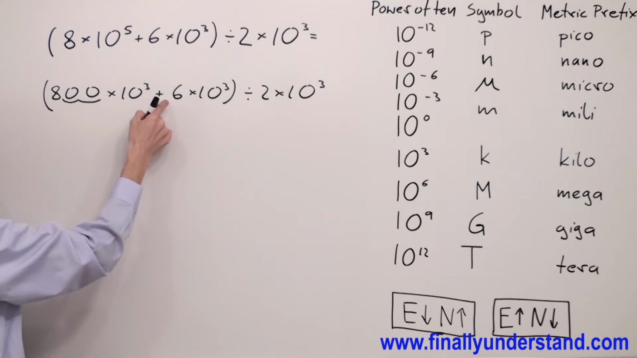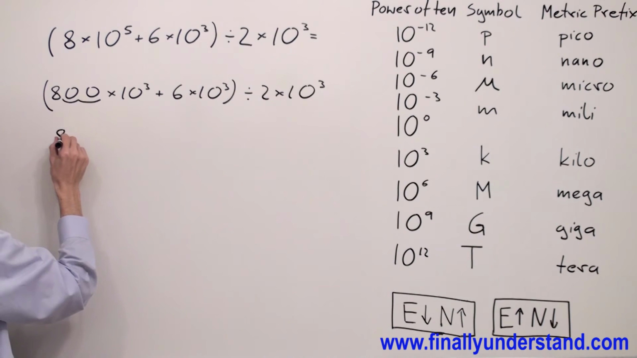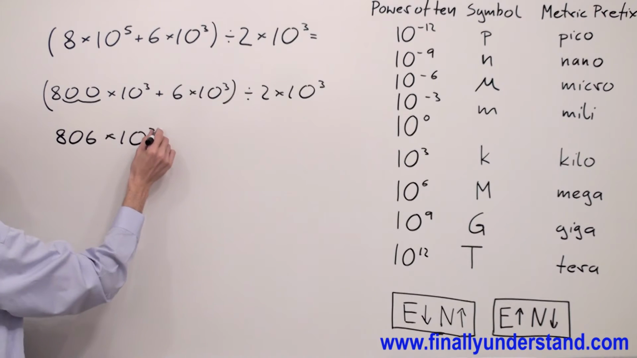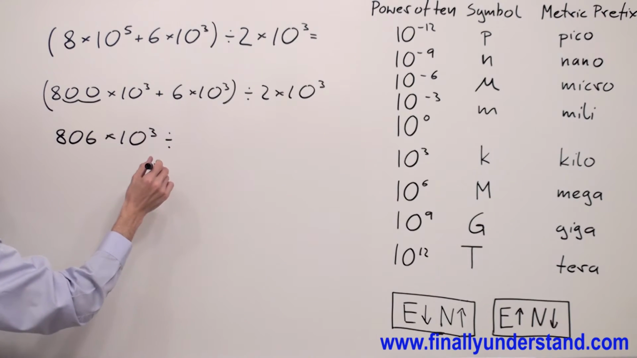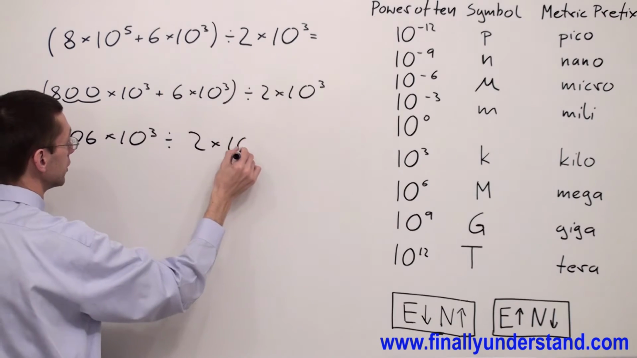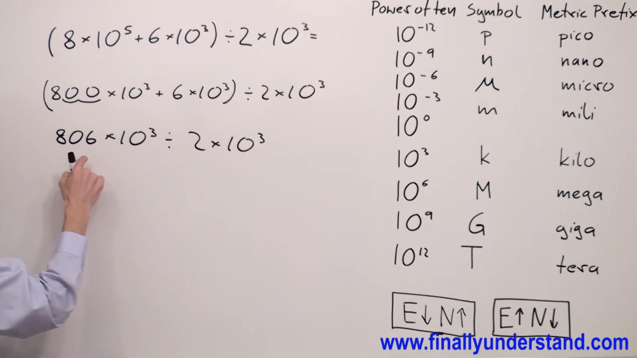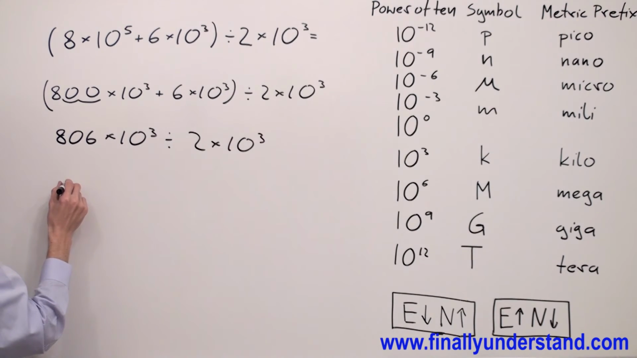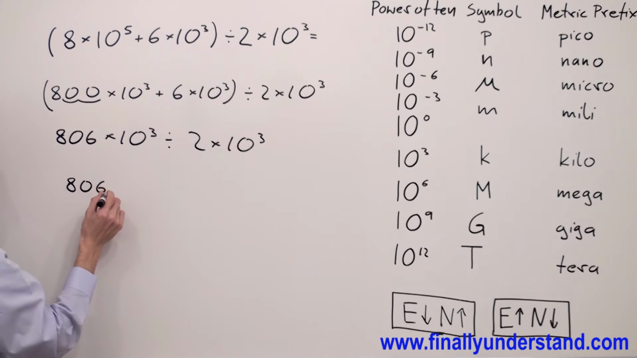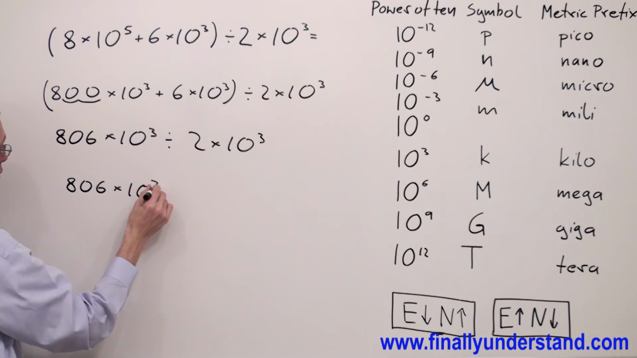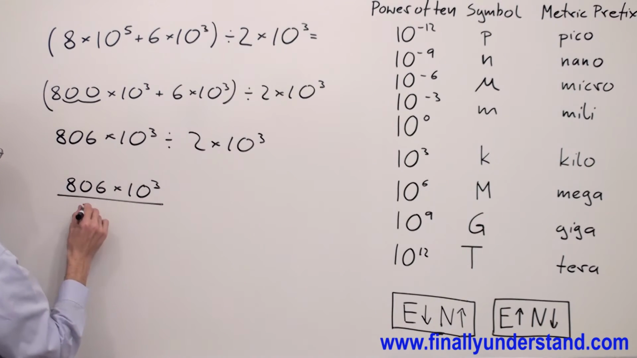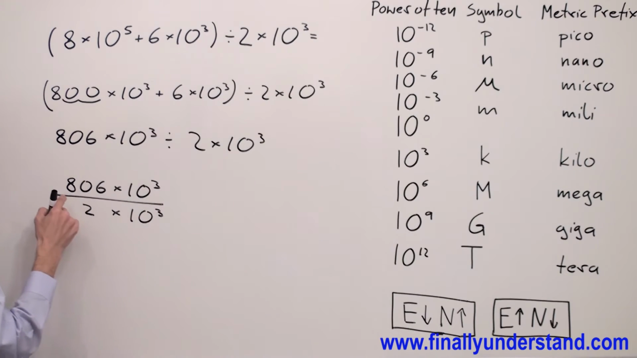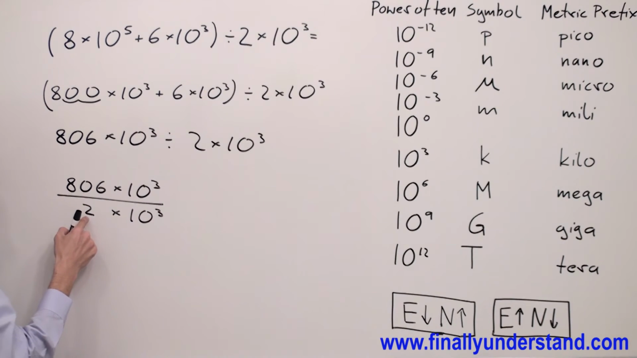800 plus 6 is 806 times 10 to the third. Divide by 2 times 10 to the third. I'm going to convert this notation to the fraction form. I have 806 times 10 to the third divided by 2 times 10 to the third. 806 divided by 2 is